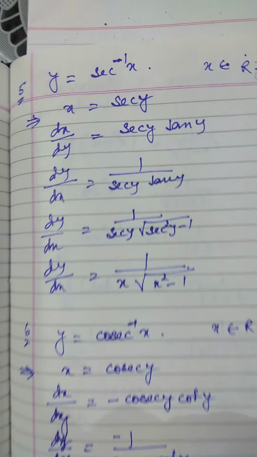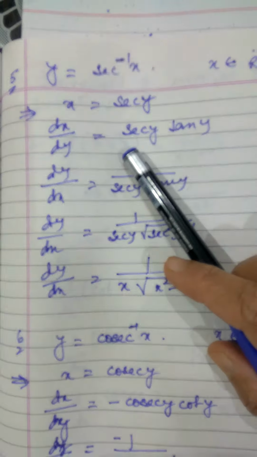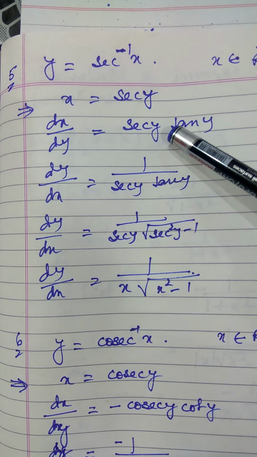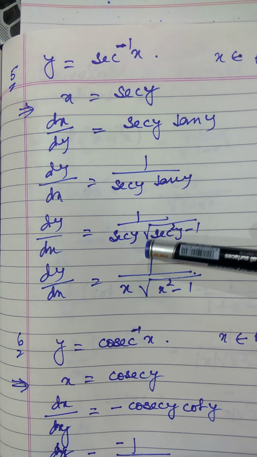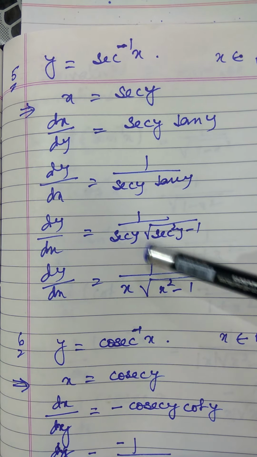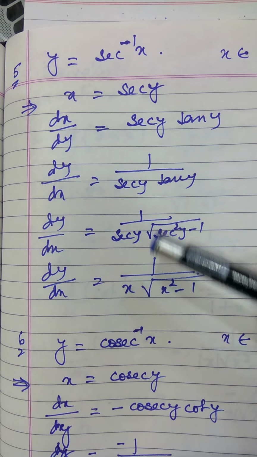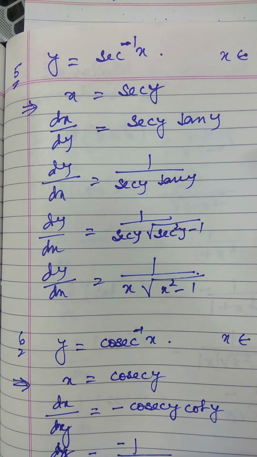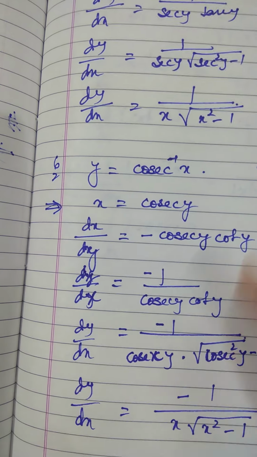Then y is equal to sec inverse x. So x is sec y. dx upon dy is sec y tan y. dy by dx is 1 upon sec y tan y. We just reciprocate this. So it is 1 upon sec y, and tan y can be written as root sec square y minus 1. So the derivative of sec inverse x is 1 upon x into root x square minus 1. And similarly, we can find the derivative of